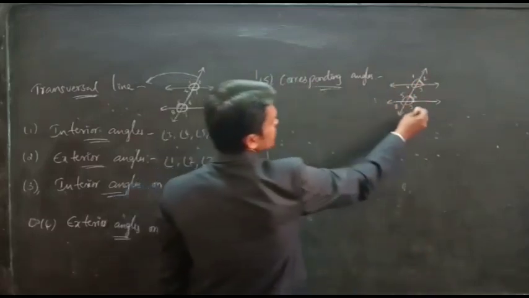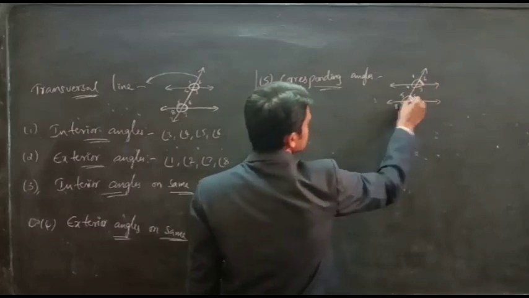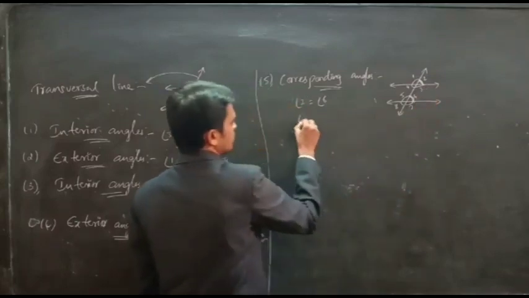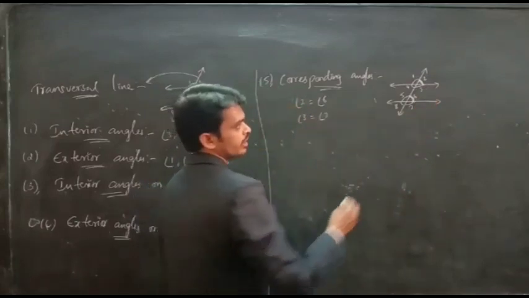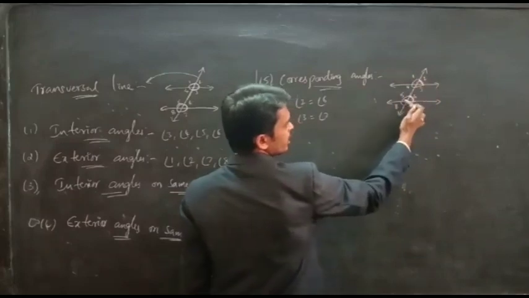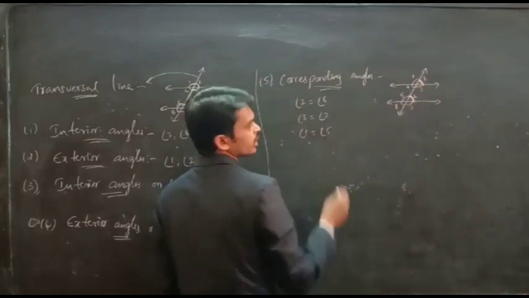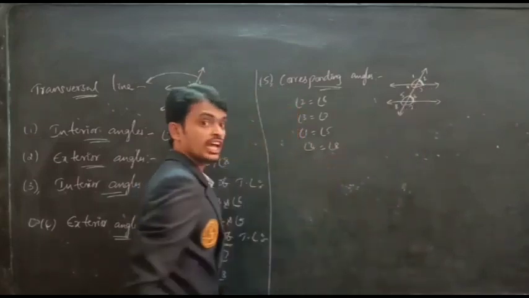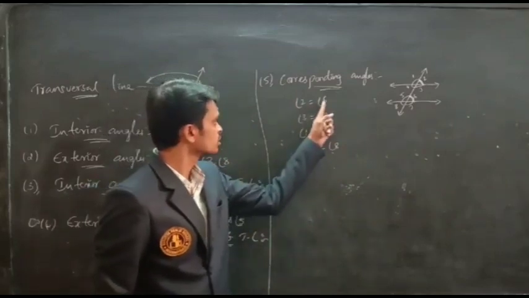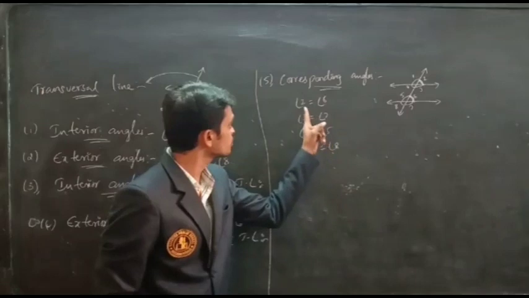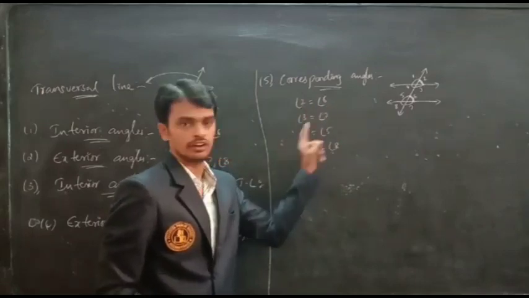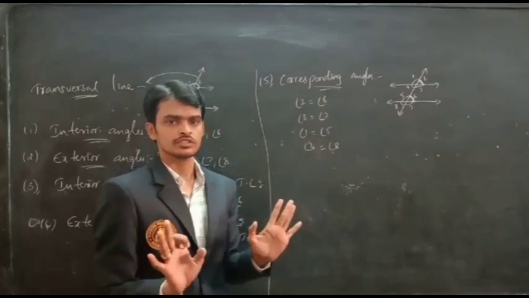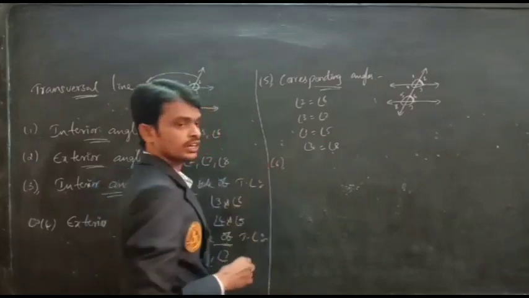Look here, what are the corresponding angles? One pair is 2, 6, and another pair is 3, 7. Next, on this side, angle 1 equals angle 5. Next, angle 4 equals angle 8. So here we have a relation: 2 and 6, 4 and 8, the relation is even to even and odd to odd, so we can understand it clearly. Okay, right.